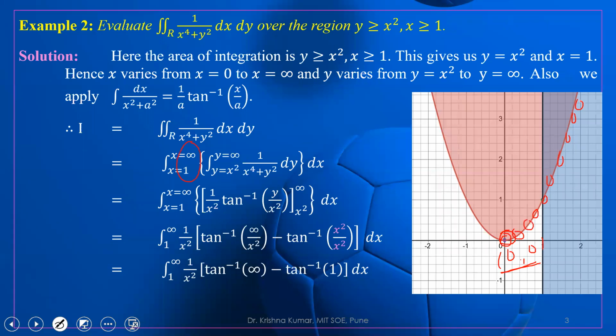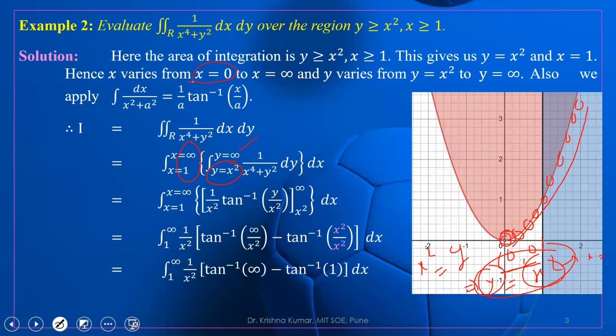So what is the equation of this parabola? It is x square equal to y. So what is the value of y over here? Y is equal to x square. So what is the lower limit of y? It is y equal to x square. And what is the upper limit of y? Similarly, since the value of x is infinity, when x tends to infinity, definitely y tends to infinity. So that's why the limit of y is infinity. So the limit of x is, okay, sorry, the limit of x is not 0 to infinity, it is